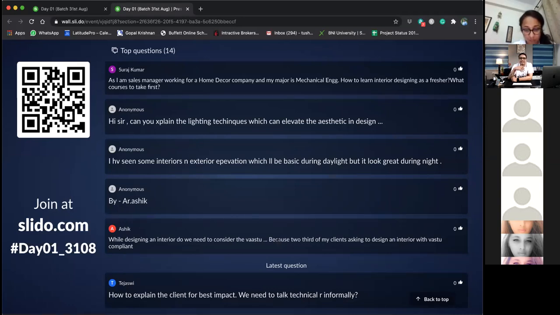Elevations also have lights put on them, and that is the whole idea of putting lights, so that the building or the interior looks beautiful at night. In the daytime, if you switch on the lights, you will probably have to put up the curtains so that you still get beautiful lighting. But I would still suggest that you use something in the daytime wherein you enjoy the daytime interiors and the nighttime interiors also.